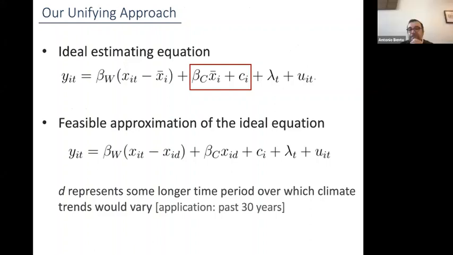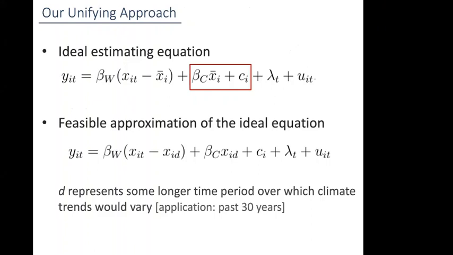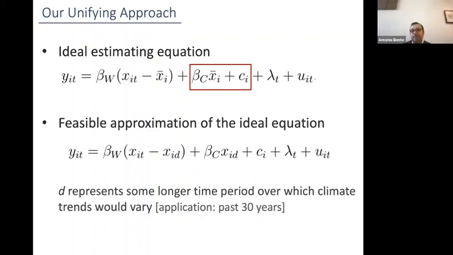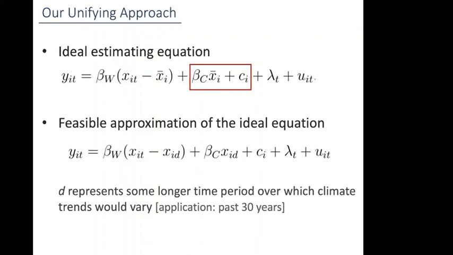That's right. But then the second one, you have an approximation, but your metric for the climate here, the XID, the way you've constructed that by being backward looking, that XID itself is simply constructed as the last 30 or the last 10 or however many you're doing. Yeah, that's weather realization. So by construction, XID has the flavor of a bad control, right? I mean, those two regressors by construction are not